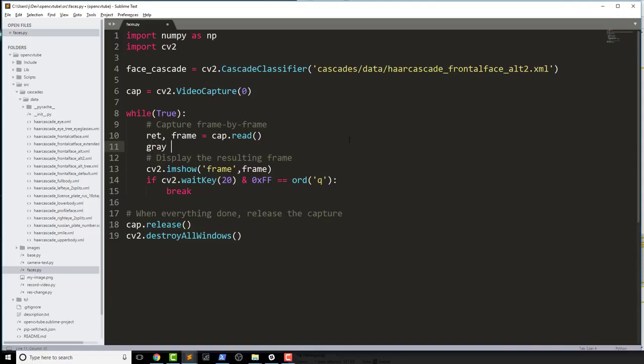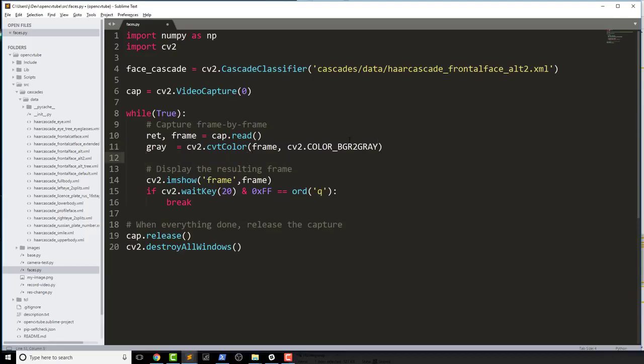So we want to put it into grayscale, and we go ahead and do cv2.cvtColor, and of course it's the frame, and then cv2.COLOR, obviously all these things capitalized, BGR2GRAY, and that's now our gray frame. So we're going to use that to find all the faces in this frame. So whether it's a video or an actual picture, we'll do faces = face_cascade.detectMultiScale